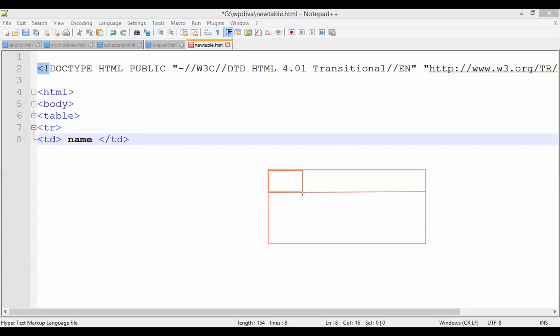This particular column is called a cell. So you have to create the first row and then enter the data cell wise, row wise, column wise. So what is going to appear here? It will appear as name. Are you getting that?